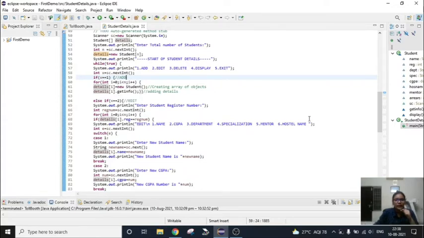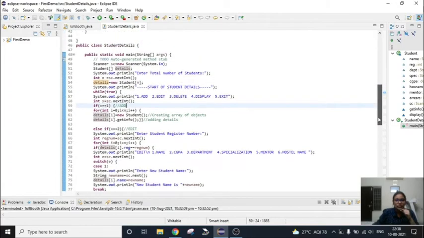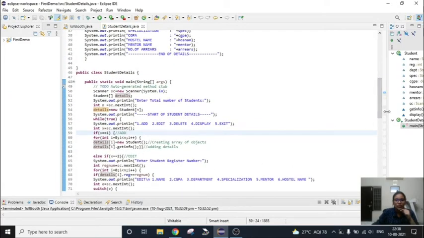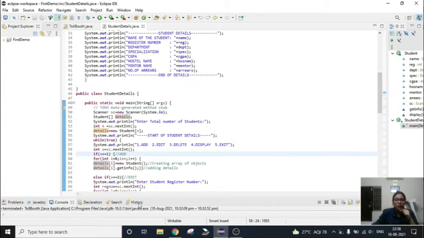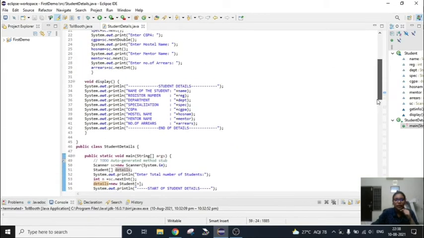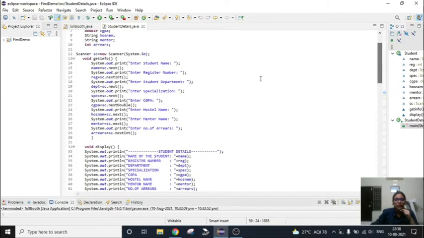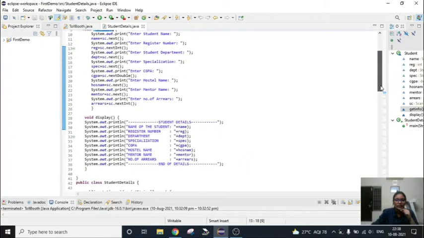So this add is nothing but adding the details. Using this object class, it is going to take us to the get info. In this get info, the user is able to add the details.